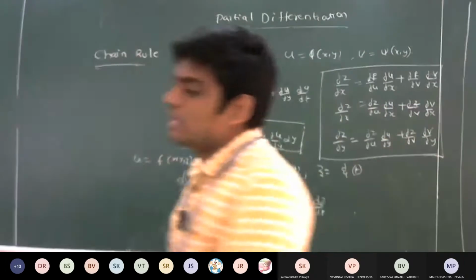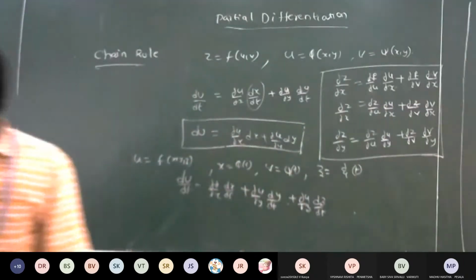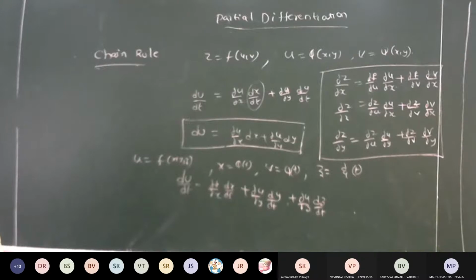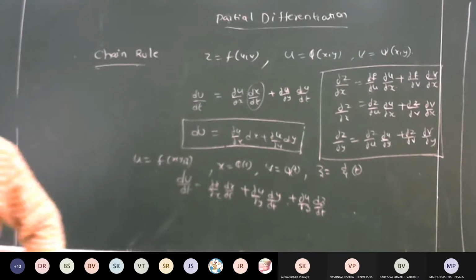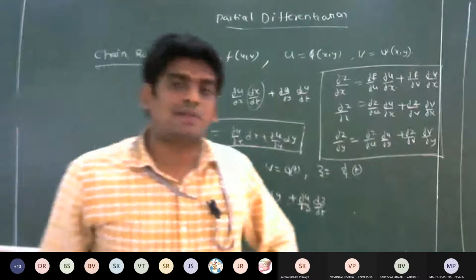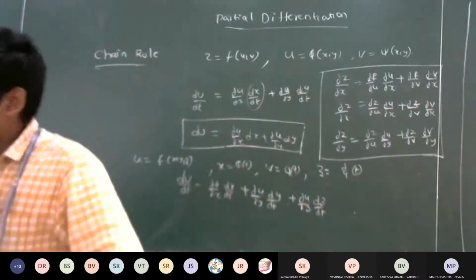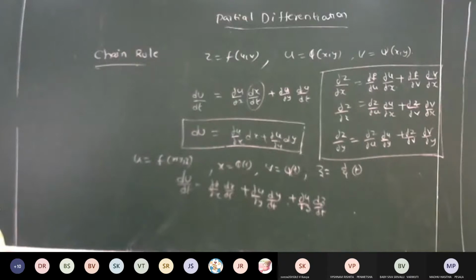But in the case of the total derivative, we have only one formula. Why do we have only one formula? Because it is a function of one variable. That means first u is a function of x comma y, and x comma y are functions of one variable t. Because of that, we have only one total derivative formula. But the chain rule formulas depend upon the independent variables. Clearly here, z is a function of u comma v, and u is a function of x comma y, and v is a function of x comma y. Therefore, ∂z/∂x